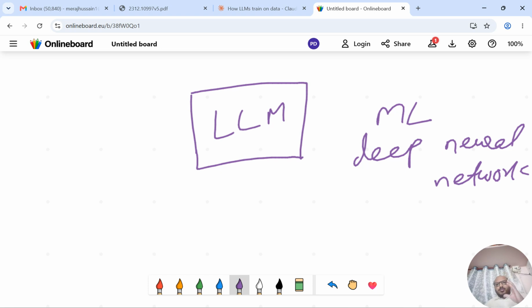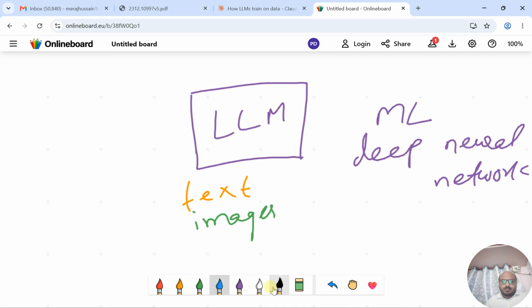So it's basically a neural network, built to generate text. The main functionality of a large language model is to generate text or images